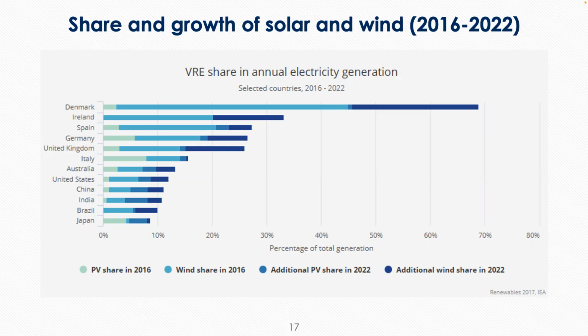So VRE stands for variable renewable energy. So this is share in annual generation. This is talking about, of the actual energy produced from power plants, how much of that is coming from renewables, right? And so Denmark is mainly wind, and you can see how that has actually grown over